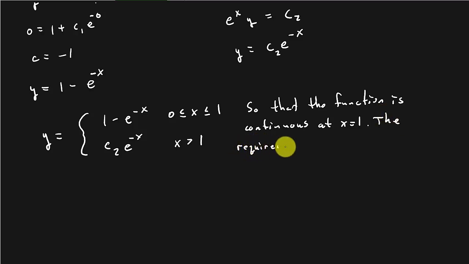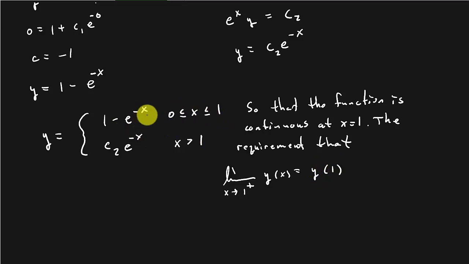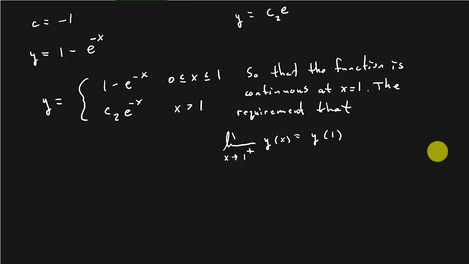We have a requirement that the limit as x approaches 1 from the right of y of x is equal to y of 1. That has to be the same thing when it's evaluated at 1. All right, so this means that